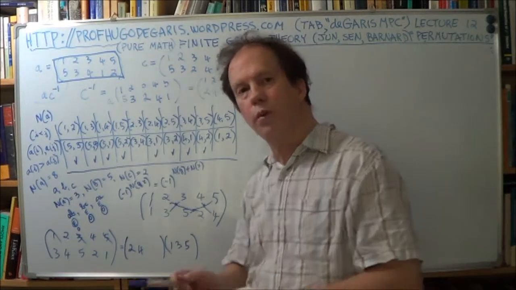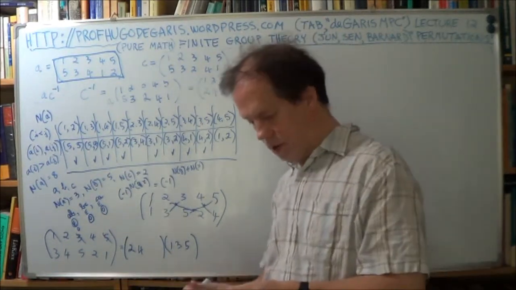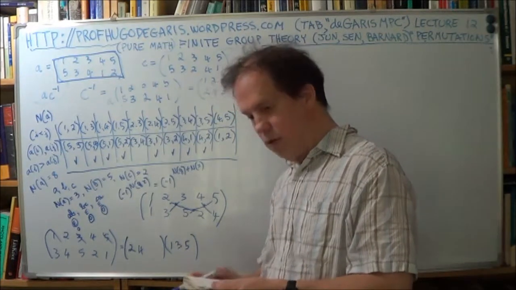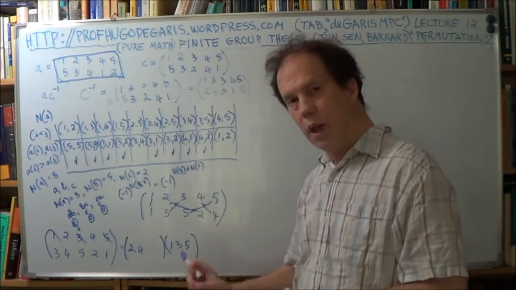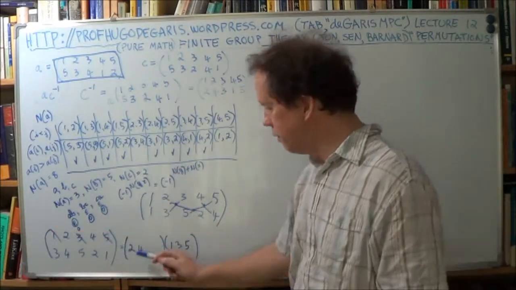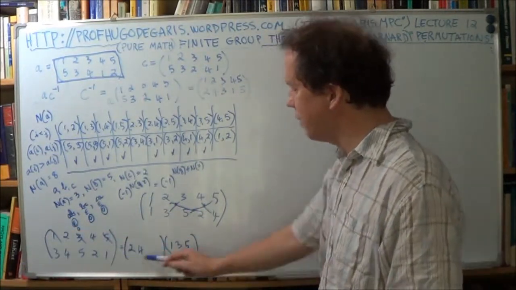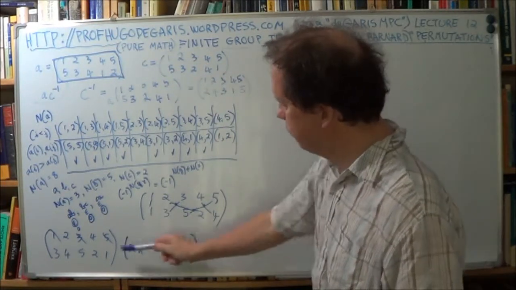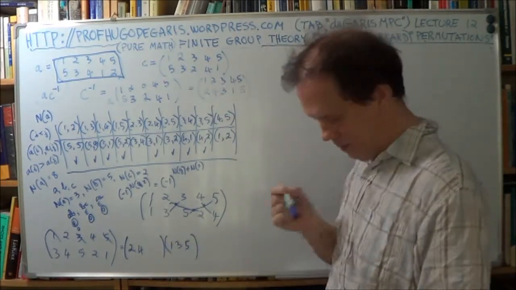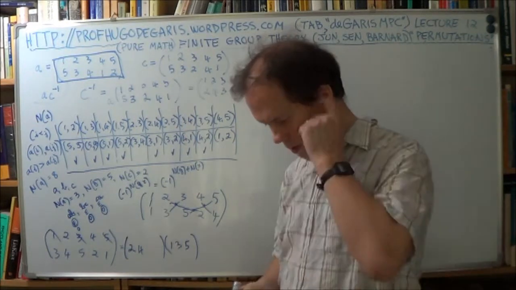Okay, now we're going the other way. In this next question, you're given a product of cycles, and you're asked to go the other way, to transform or rewrite this in the bracket form, right? So you go from this format to this format. So we're asked to do that, and I will